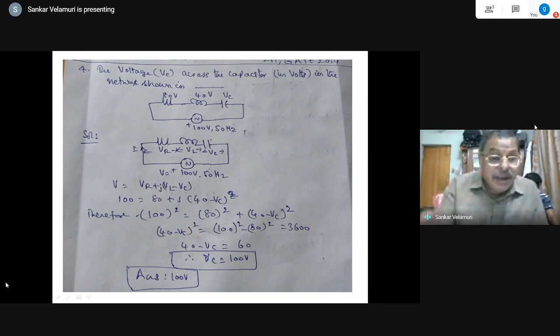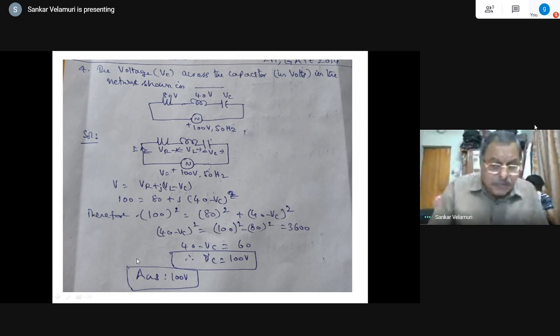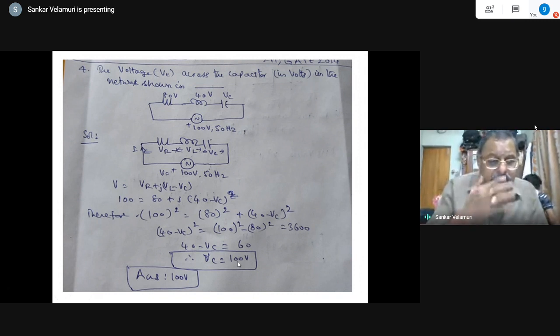And now you can see this is not given in the GATE examination, but in one of the competitive examinations. So I hope you are able to follow this particular one. So it is VC minus 40 is equal to 60, because I cannot make 18 here. So please bear with me for the small mistakes, which can be rectified. So VC is equal to 100 volts. If there is a mistake, then I have to rectify it, because if 40 minus VC is 60 implies VC is equal to minus 20, that doesn't make any sense. So anyway, I hope this must be taken as VC minus 40 for solving this particular problem.